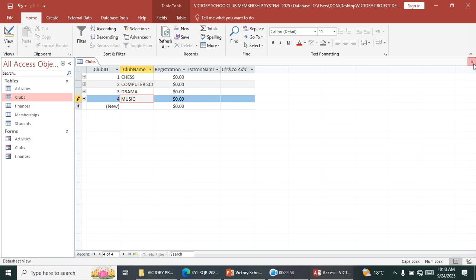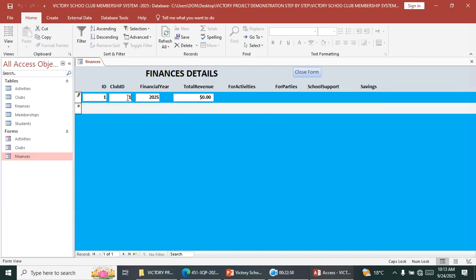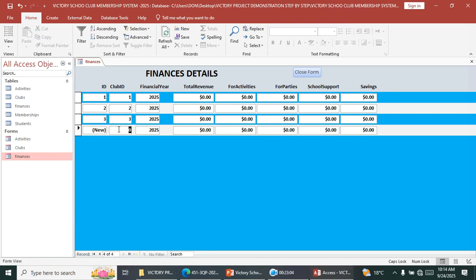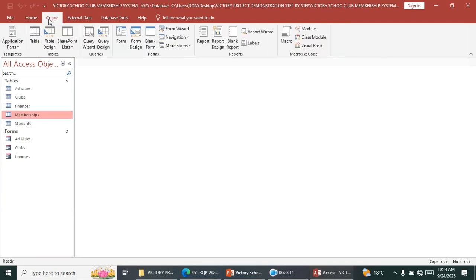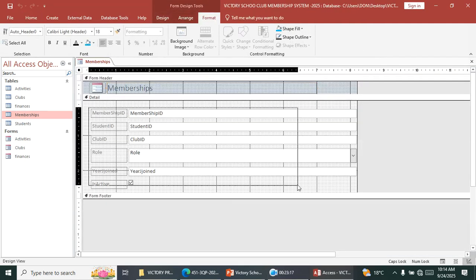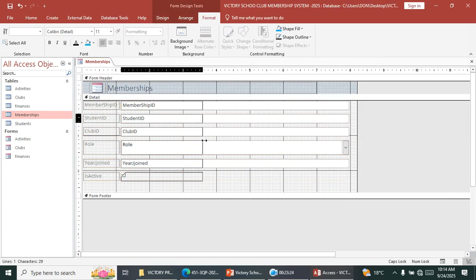You see now, once you do this, when I go now to finances here, grab ID 1, you see now it should work, 2, should work, 3, 4, like that. You see now it's working. Then we go to members, you do the same, create, you can just go to form, just to capture the members, then do the same as we are doing, give it a clear finish, take this one up to that point,